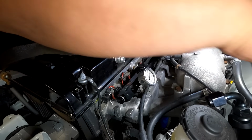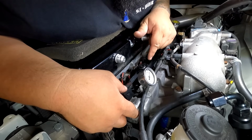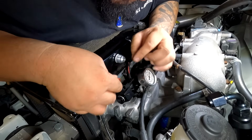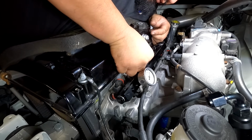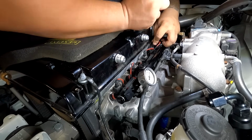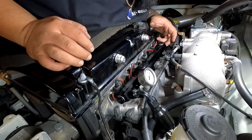All right, fuel rail is installed. Now you saw I didn't have a third bolt in the middle because the intake manifold doesn't even have a threaded hole under that one. So the two on the side seems to be plenty enough, and let's go ahead and plug these injectors back in. Numero uno, 2, 3, and 4. Now we got to take the feed line and move it around to the passenger side so we can